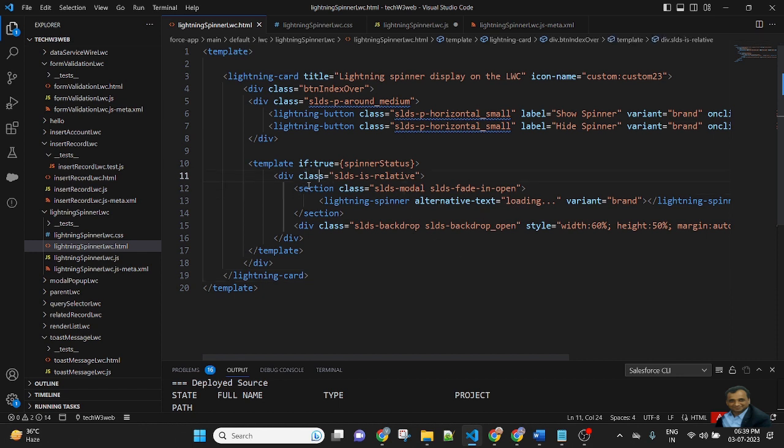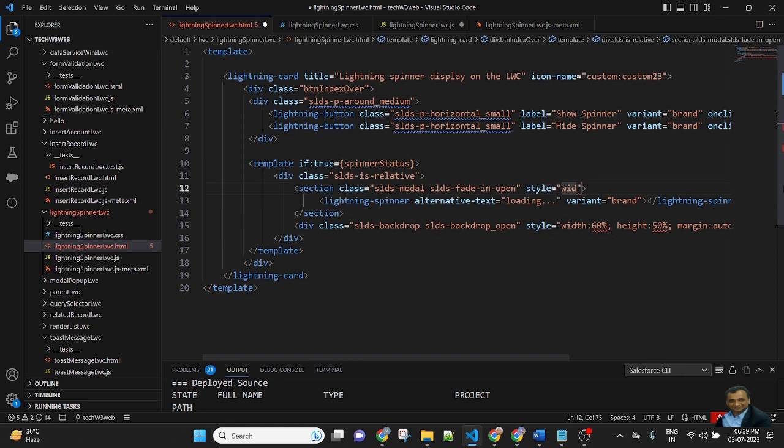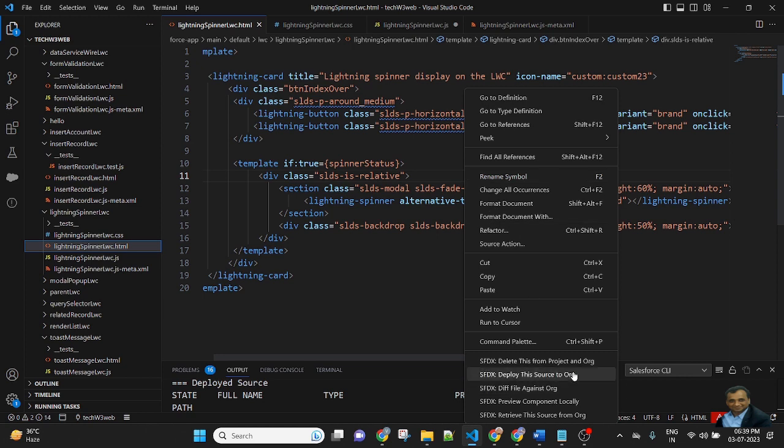In this section, I am adding a style, defining width 60%, height 60%, margin auto, and save the file and deploy this code.